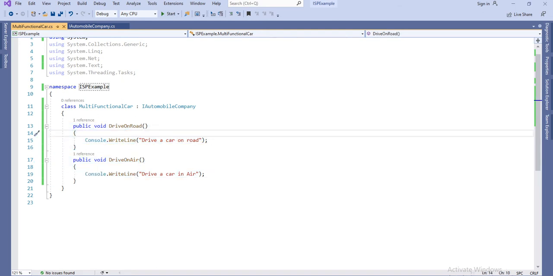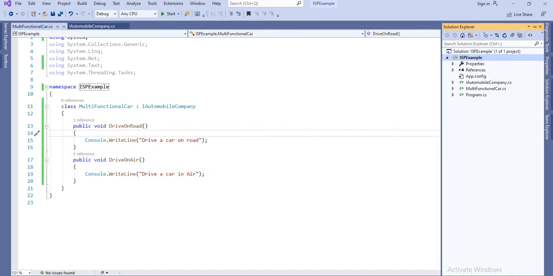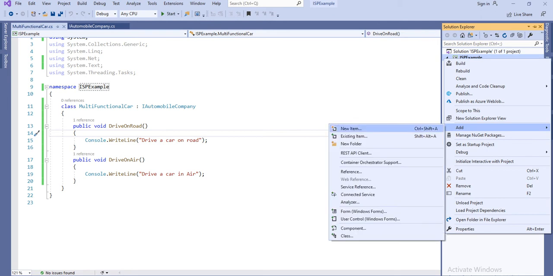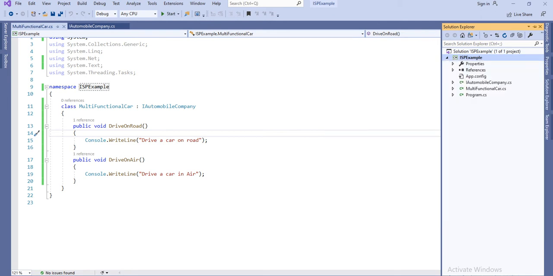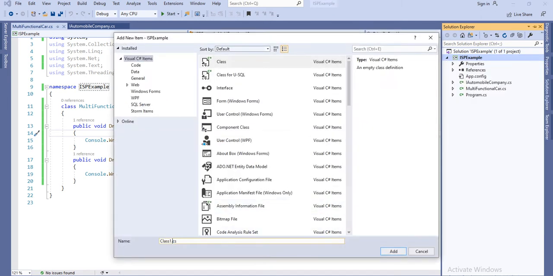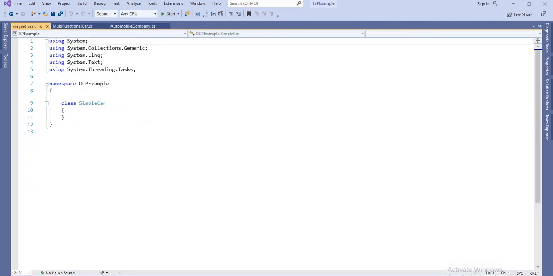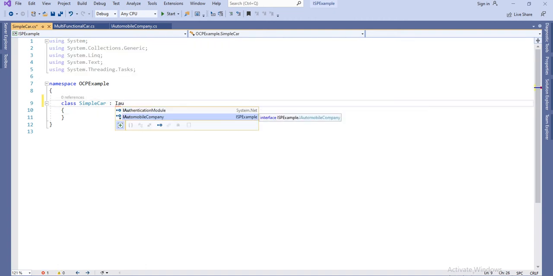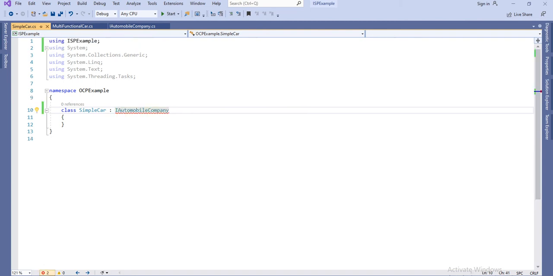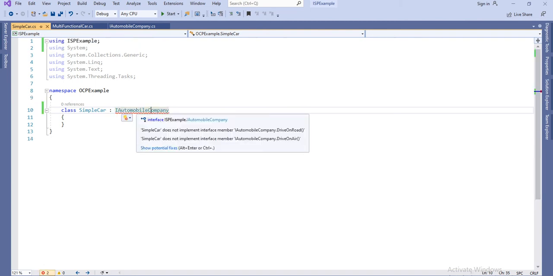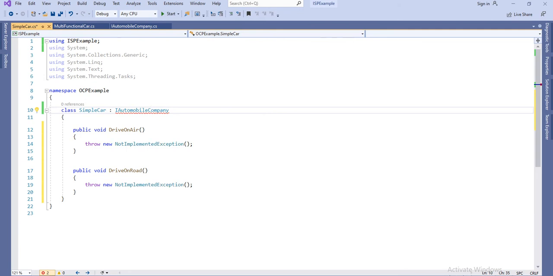Now let's create a simple class, and the class name will be SimpleCar. Here I inherit IAutomobileCompany, and let's implement all the functions.